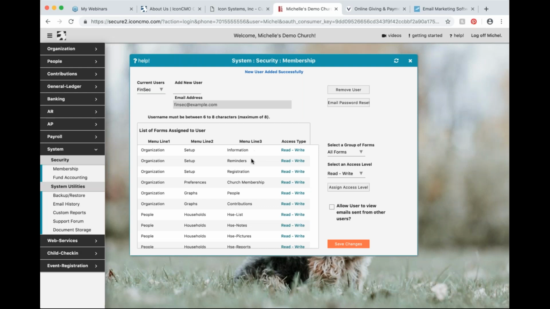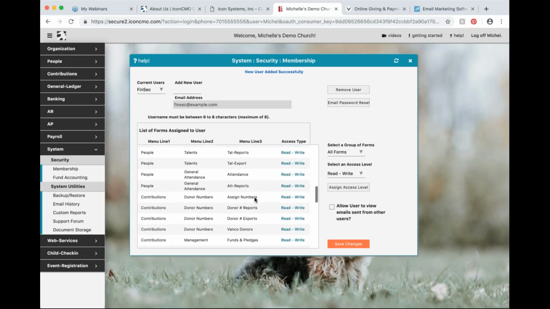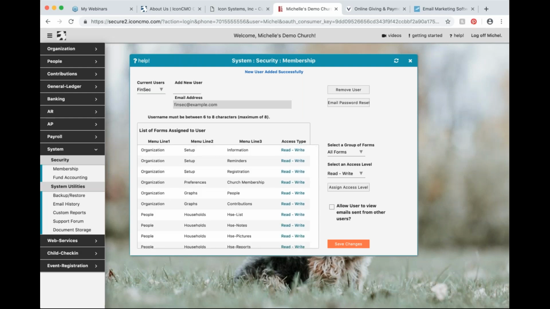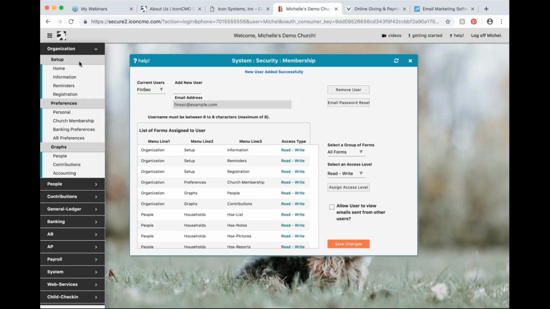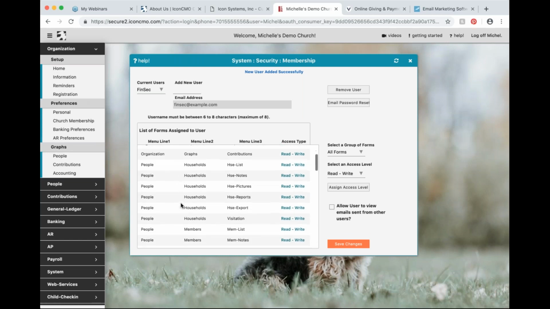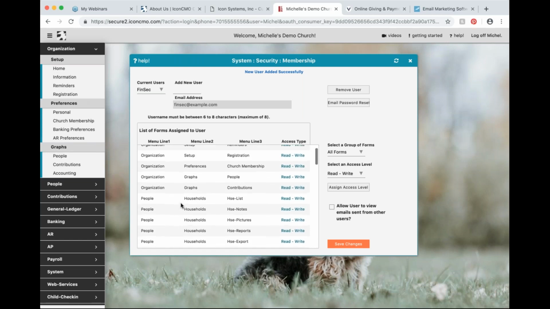All right. So how this works then, you see a bunch of lines as I scroll here through the security settings window, is we call them breadcrumbs. So back on your menu, we've got these black, dark gray, and light gray bars. So for example, we look at this line here. Let me move it to the top. We've got